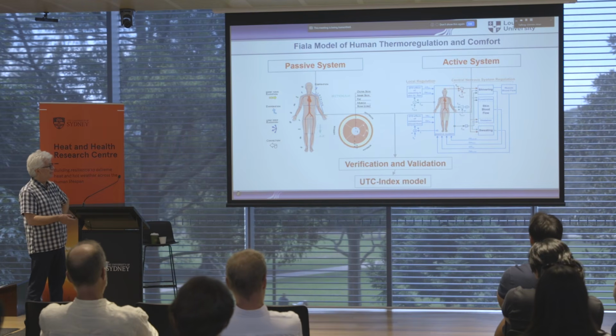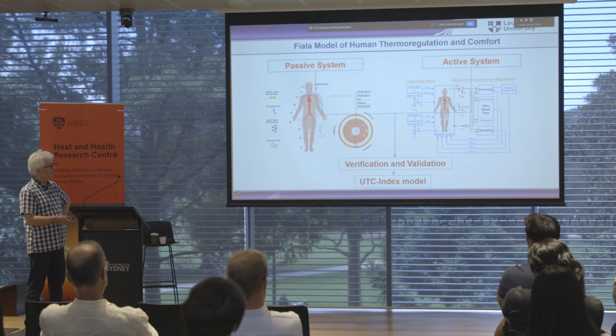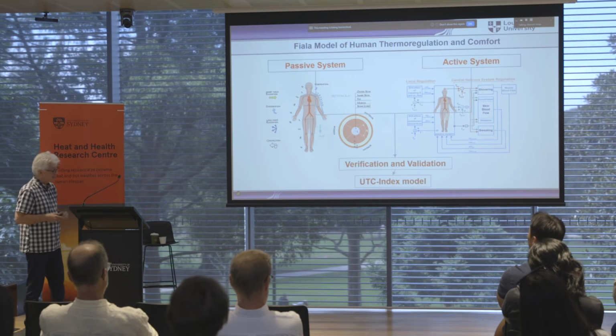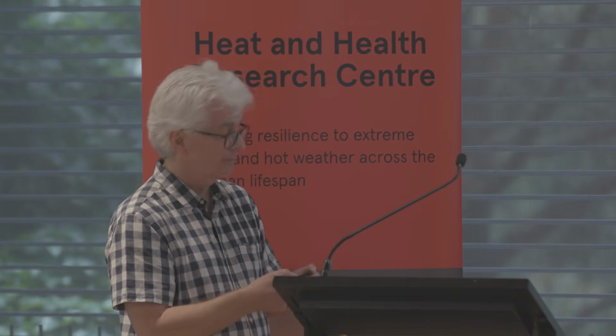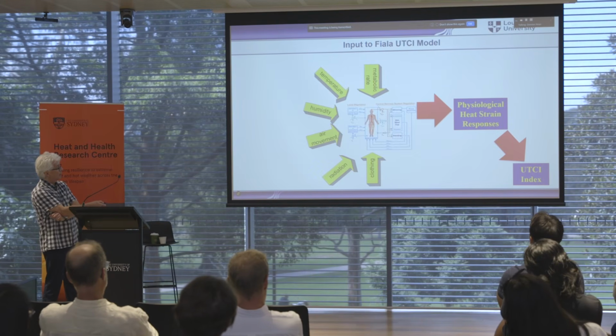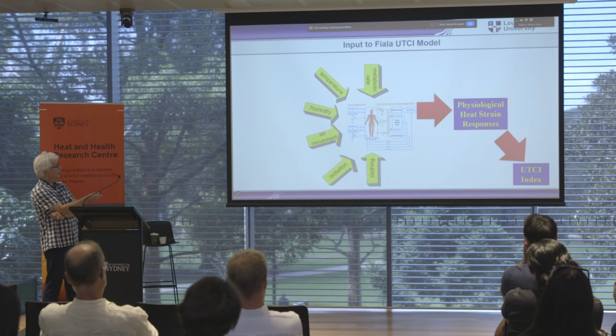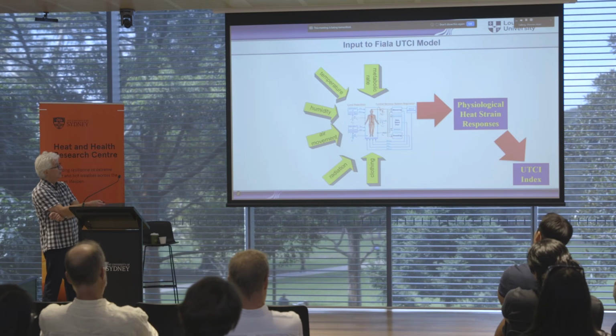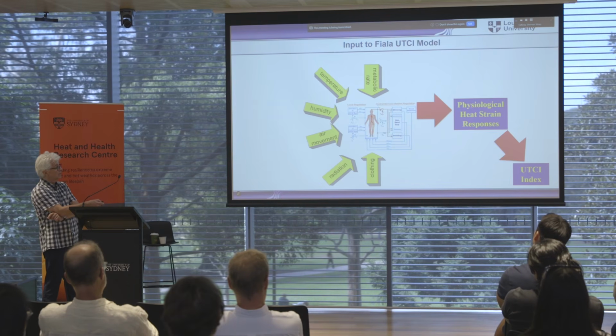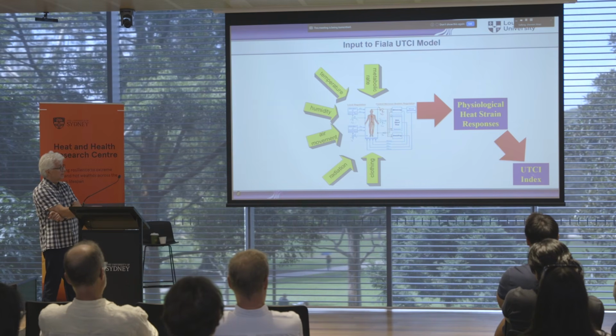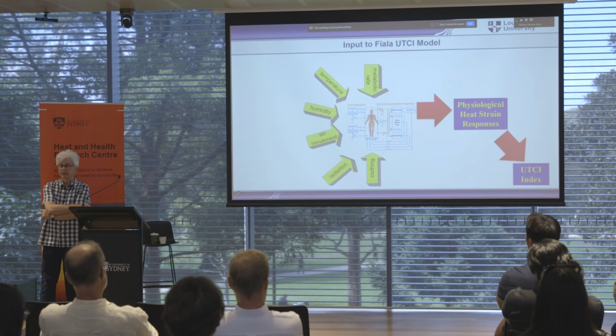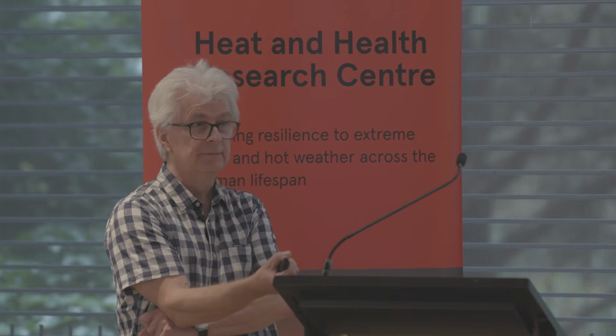So, verification and validation of the model, and that then generated the UTCI model. And like I said, in the end that was a locked-down black box when we finished with that phase. So what you get now is this black box model. Again, you measure, or estimate, all these different factors. This generates the physiological response, the physiological heat strain response, and then you need to create the UTCI index out of that. And I think we realized this quite late. You then have a problem. What are you going to take as your index? Is it the core temperature, skin temperature, sweat rate, etc.?